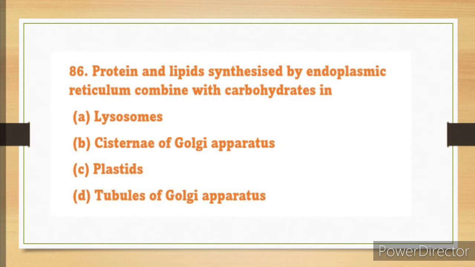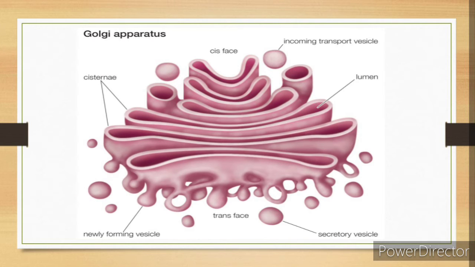Question number 86. Protein and lipids synthesized by endoplasmic reticulum combined with carbohydrates in dash. The answer is option B, cisternae of Golgi apparatus. The Golgi apparatus consists of cisternae. Cisternae are flat, curved, smooth membrane structures with swollen ends present in the Golgi apparatus. In these cisternae, the Golgi apparatus causes glycosidation of lipids to form glycolipids